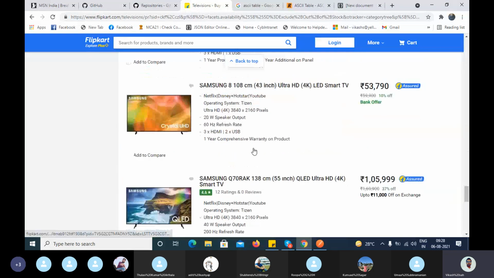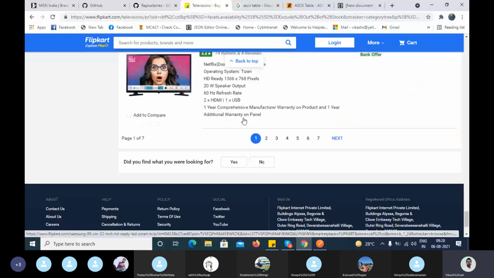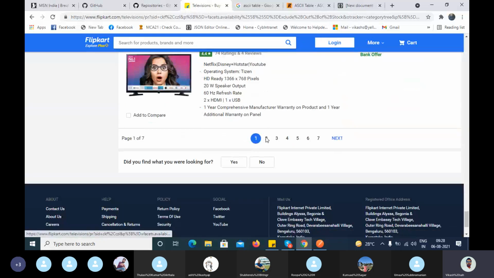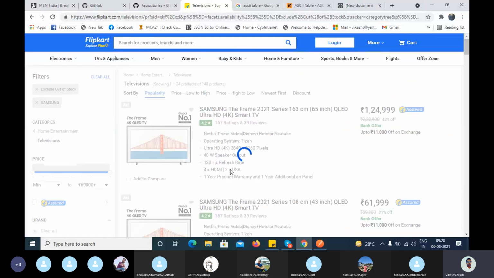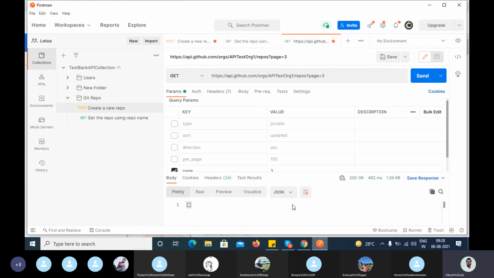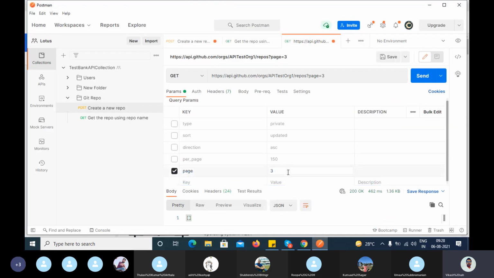If I click on the second, it displays the second page data. The same functionality is here. If I pass 1, right, so it will display